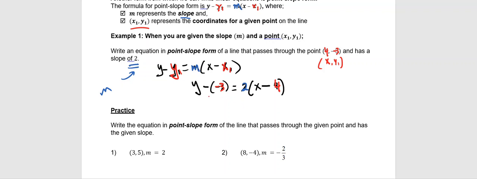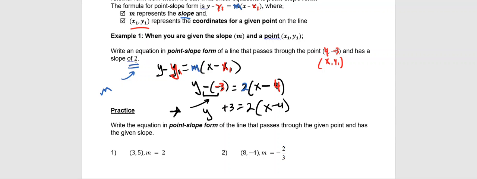So we're almost done. Like I said, we're going to resist any temptation at least to do any distributing here. But we will always, when we have the opportunity to, get rid of this minus and negative. So the only little bit of cleanup we're going to have to do is right there. We're going to change that from minus and negative to saying plus. So our final equation is going to be y plus 3 equals 2, parentheses, x minus 4. So that is the equation in point slope form